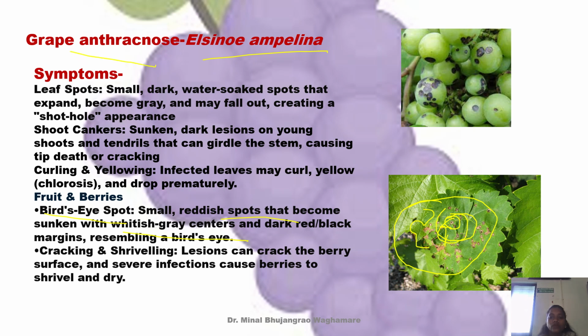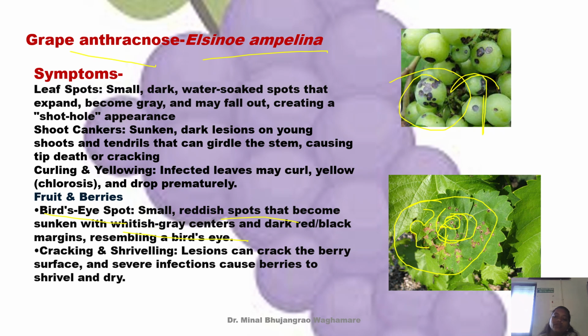Such kind of spots also appear on the fruit, but which is quite darker in color. Brownish and dark lesions also appear on the fruit. These lesions lead to the cracking of the berry surface in severe infection stages. These spots, which are darkish brown and blackish in color, in severe stages lead to the cracking of the